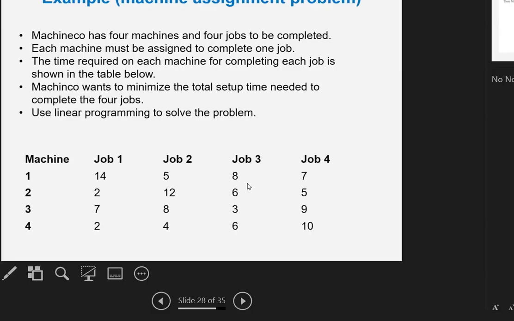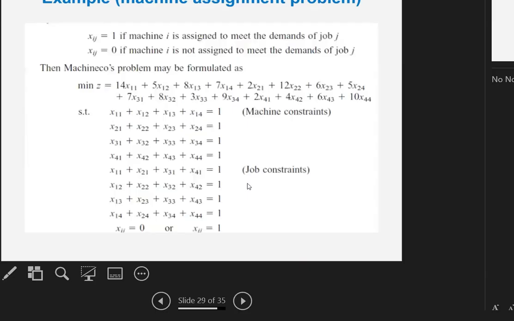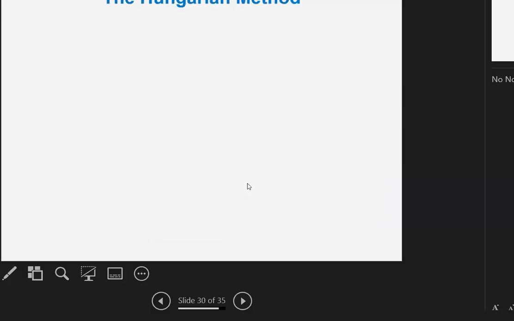This becomes especially challenging when the number of machines and number of jobs is larger. For example, 20 machines, 20 jobs. In that case, it's not that easy. So the problem here is, how do we do this assignment, this matching, so that total setup time is minimized? If we model it again, very similar to what we had, making sure that each machine takes 1 job, each job is assigned to exactly 1 machine. And if you solve it, you'll